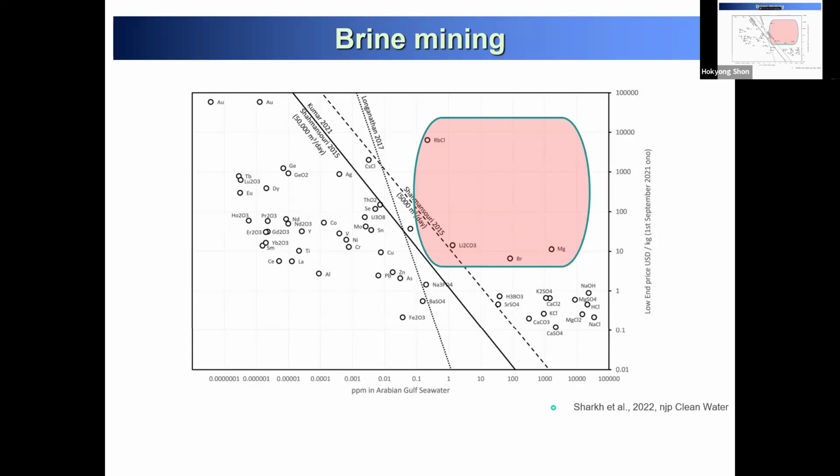Bromine, magnesium, and lithium, 1 kilogram is $10. Rubidium, $10,000 per 1 kilogram. The rest, sodium chloride, $0.2 per kilogram. Sodium hydroxide, $0.8 per kilogram. So based on this one,